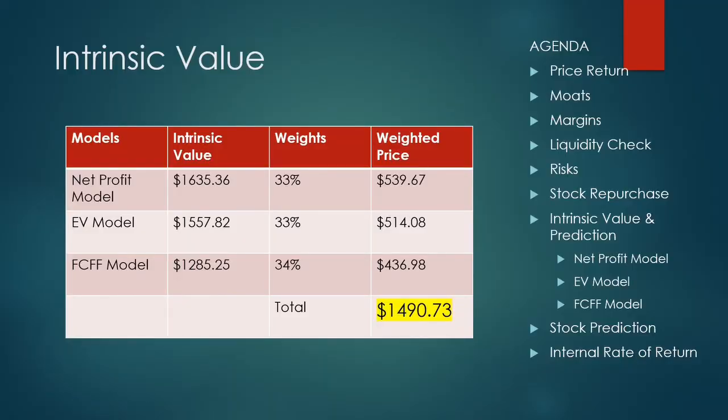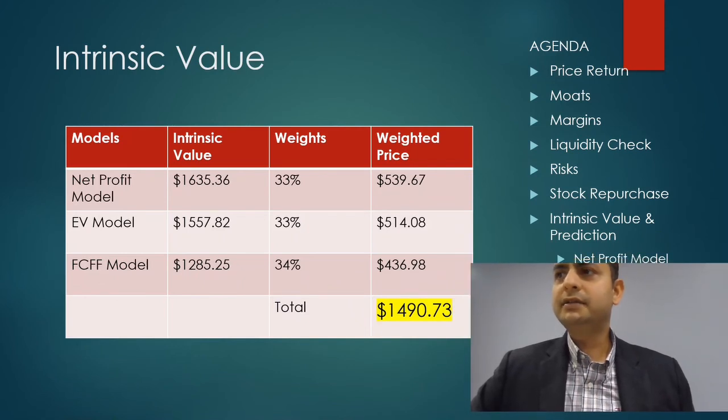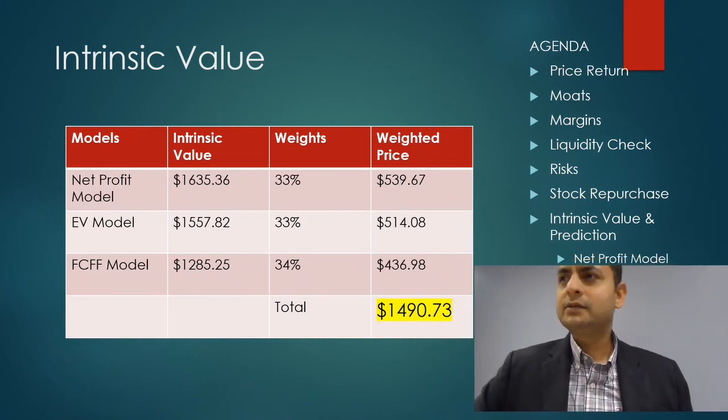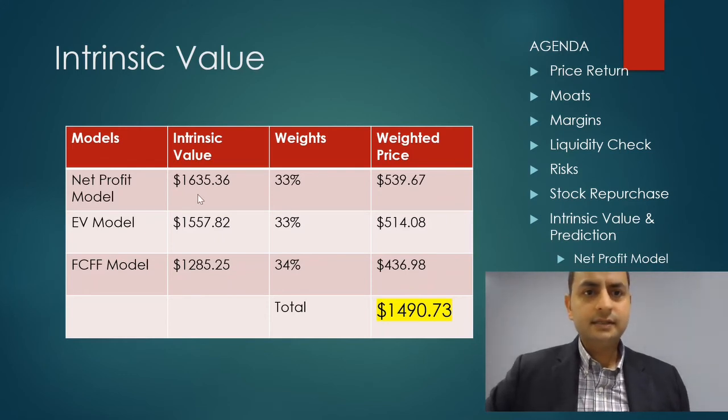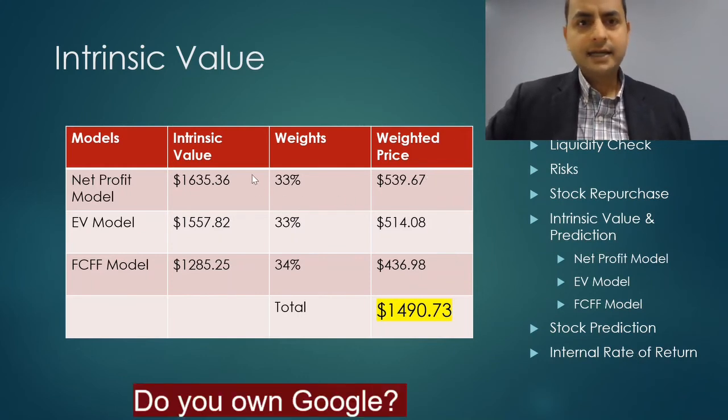Okay, so as you can see, now I have these three models, and with these three models I got three different prices. The first model price is this intrinsic value of 1600. This is the second model, and then this is the third model. Based on all these three models, I assigned almost equal weight, just 1% extra to the free cash flow model to come up with 100% weight. Then I compute the weighted price, which is nothing but intrinsic value times the weights, summed together. So this is the entry price,